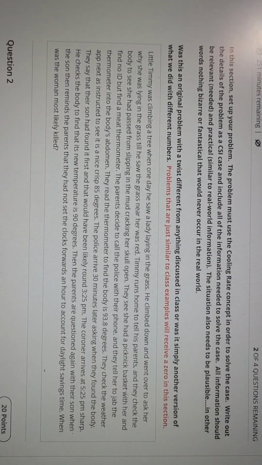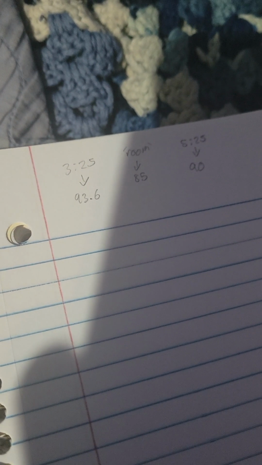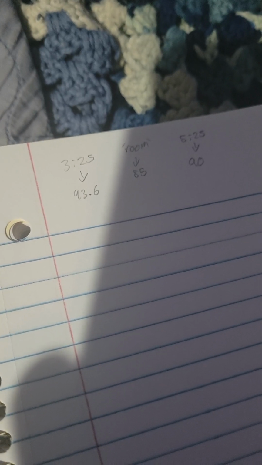Okay, attempt number 3. Work with the problem and then information that is key from the problem. So what we need to do is set it up as